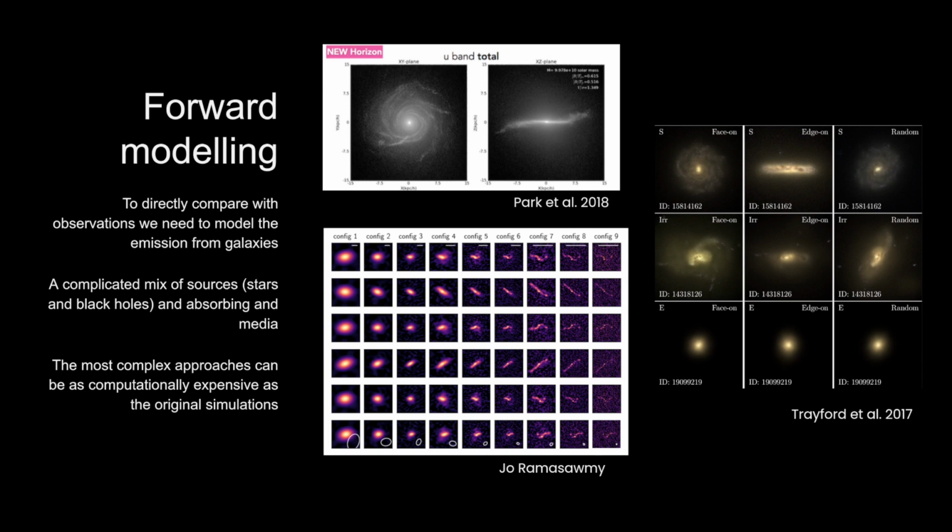The images on the right show simulated galaxies modeled to replicate observations. At the top left is a spiral galaxy observed in the ultraviolet range of the spectrum, which tends to trace young, massive, newly formed stars. The image on the far right shows a simulated galaxy imaged in the optical. This light tends to trace the majority of the stars, but is obscured by dust lanes in the galaxy, as